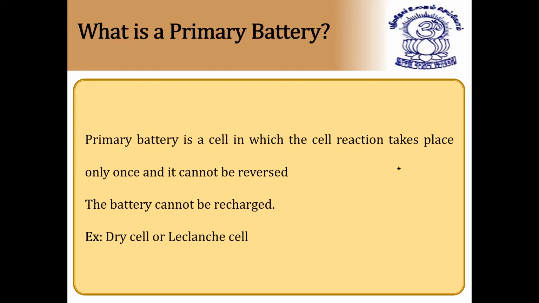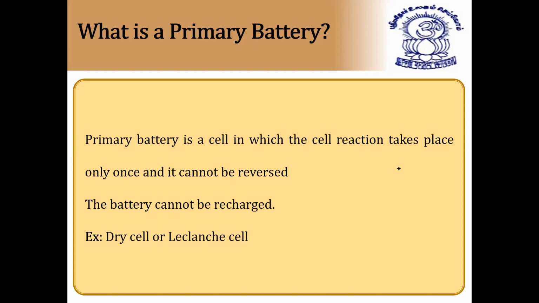So the only thing you have to remember is not the working of the cell. We have to remember what is the electrolyte used, and also what is the voltage developed by that battery, and what are the reactions at cathode and anode. That's all. Only these 4 topics we have to remember from each and every primary battery or secondary battery.